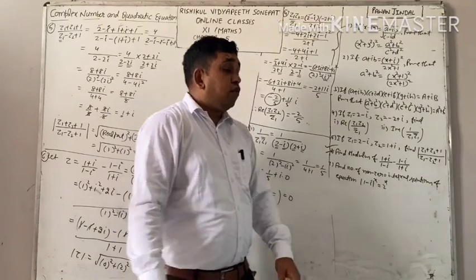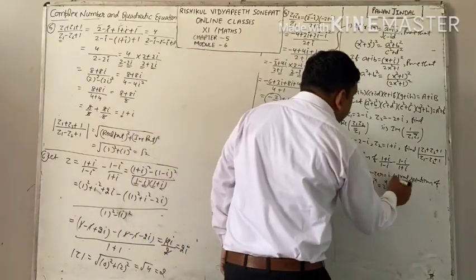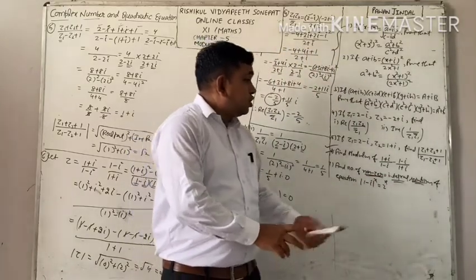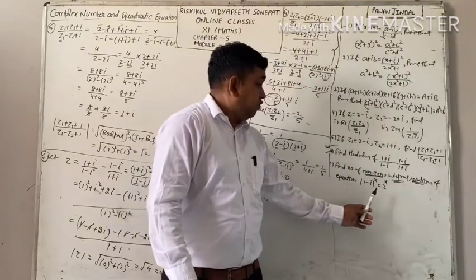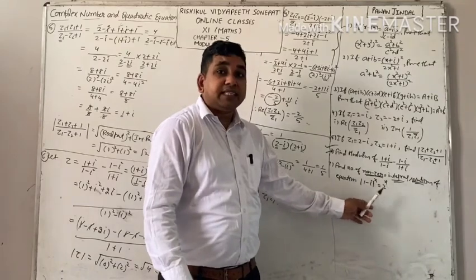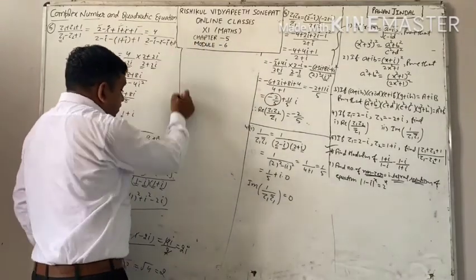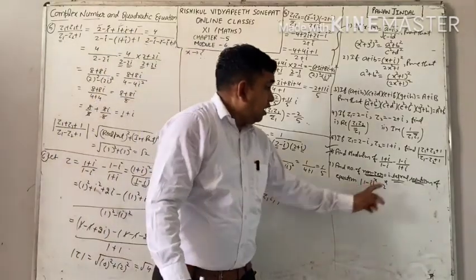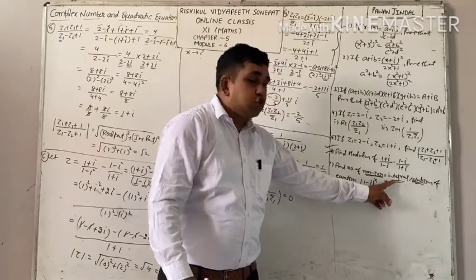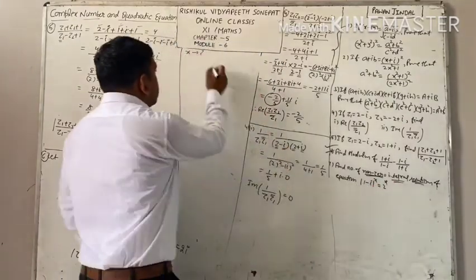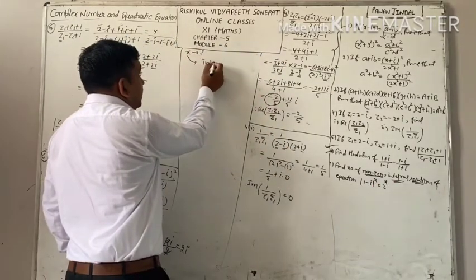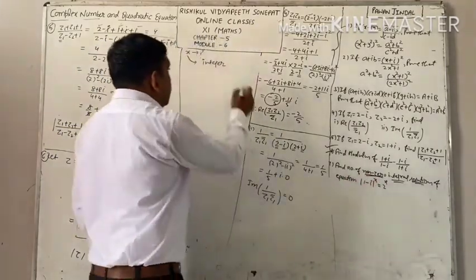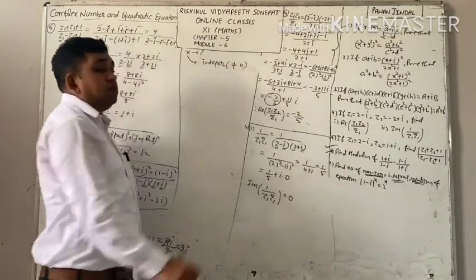Find the number of non-zero integral solutions. First of all, see the meaning of this one. Solution means to find out the value of the variable. Here the variable is x. It means first of all we will find out the value of x. This we have to find. Now the value of x should be an integer. What is x? x should be an integer. And the next condition is that it should be non-zero. Integer but not equal to 0.